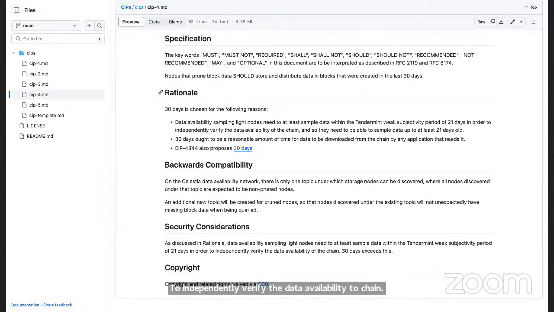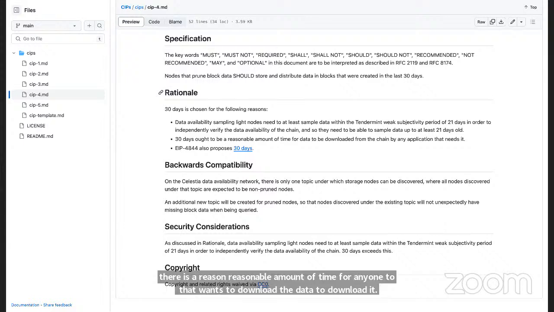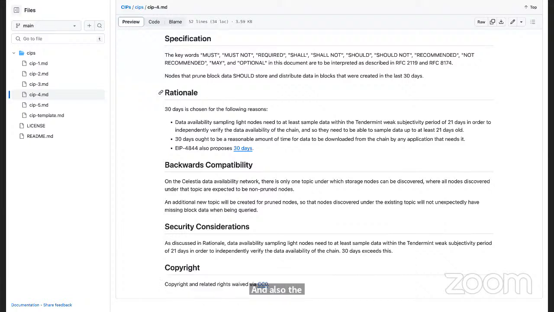So that's why it needs to be at least 21 days. So 30 days provides a sort of buffer for that. And 30 days is a reasonable amount of time for anyone that wants to download the data to download it. And also, I think 30 days is also proposed in EIP 4844. So it's kind of like an industry standard, but I also need to double check if that's still the case.